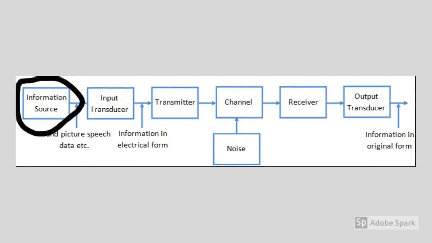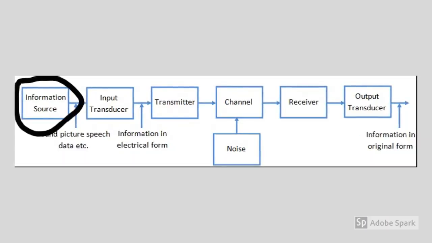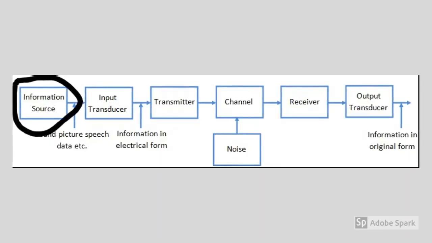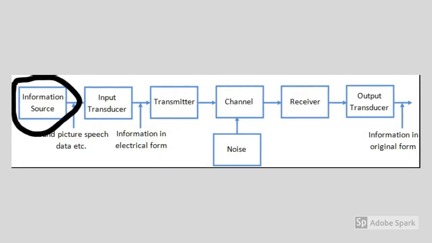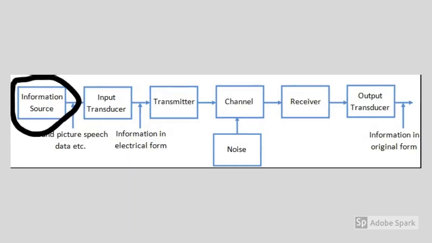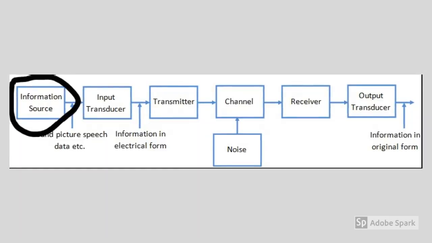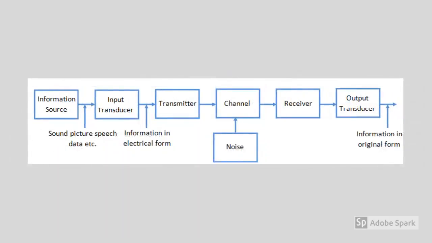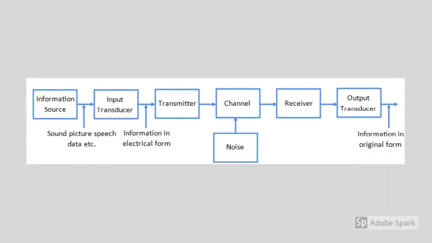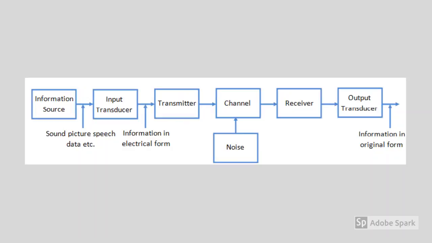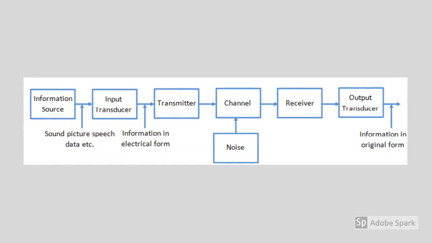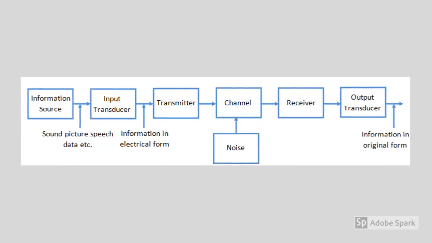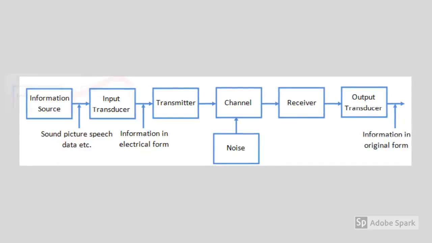Let's see the first block, which is the information source. As we all know, a communication system serves to communicate a message or information. This message or information originates in the form of an information source. In general, there are various messages in the forms of words, code words, a group of words, symbols, etc. However, out of these messages, only the desired message is selected and communicated. Therefore, we can say the main function of the information source is to produce the required message which has to be transmitted.